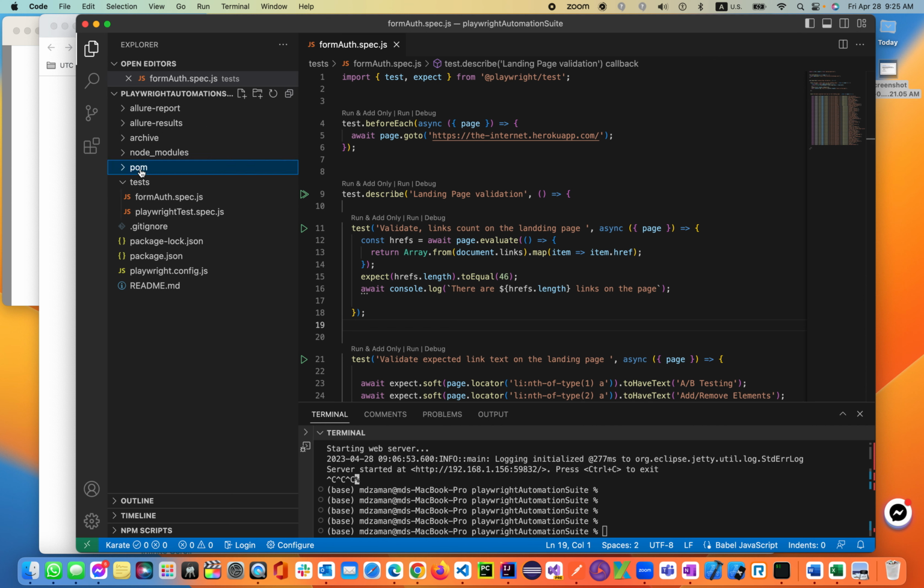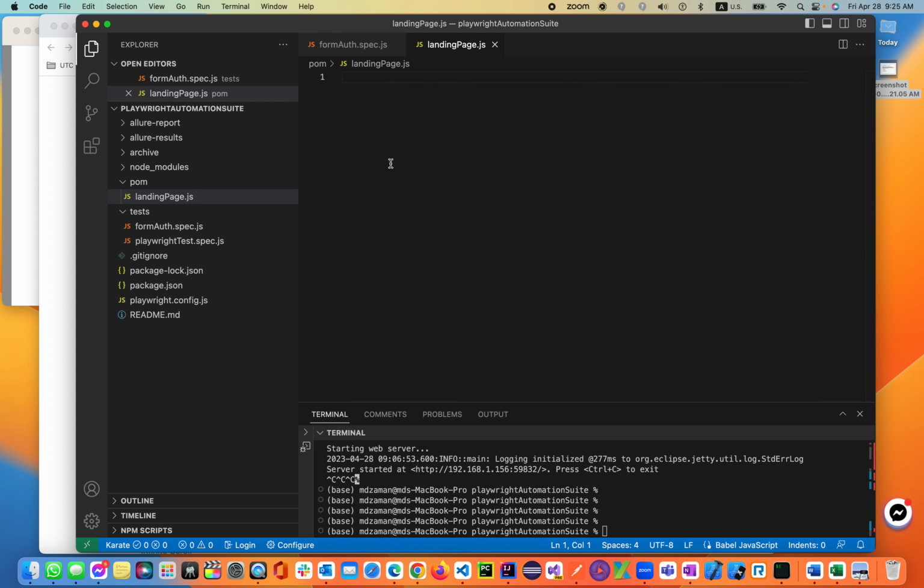So let's go ahead and create inside the POM a file called landingPage.js. It's a JavaScript file, and inside it we'll be moving all the locators for the landing page. How do I do that? We have to start with a constant. There are multiple ways to do that, but I like to do it my own way. So a constant, which is landingPage,